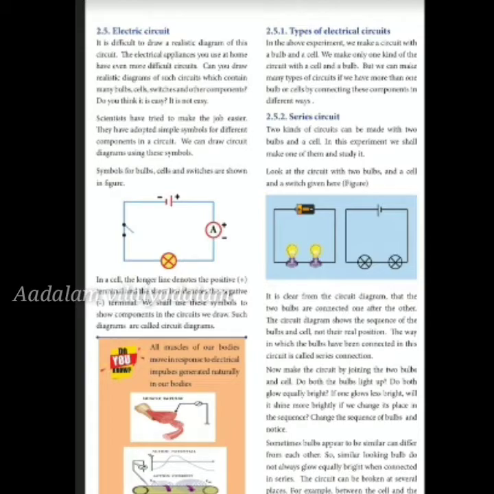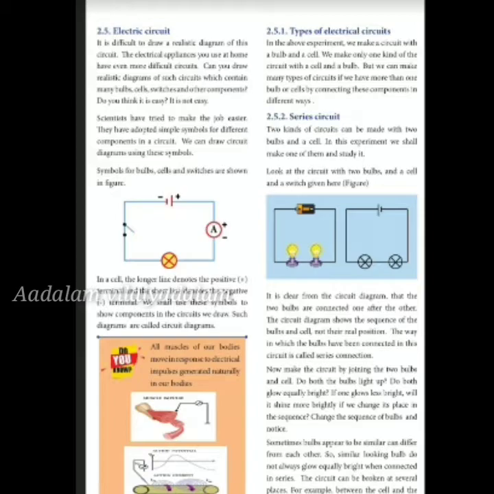Now, in a parallel circuit, this is not the case. The bulbs are connected in different places. This is the second type of circuit. Two bulbs in this circuit are said to be connected in parallel, and such circuits are called parallel circuits. Now, if you compare the difference between the series and parallel circuits, you will see in the series circuit it is a single loop connection. A single wire is used to connect the circuit. But in parallel it is connected by branches.